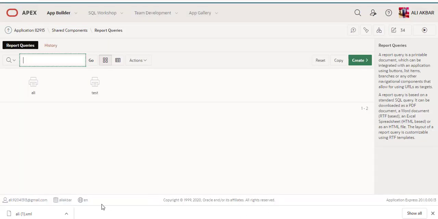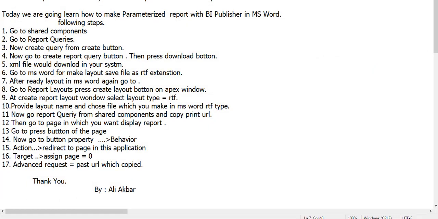At the bottom you can see Ali slash 1 has been downloaded in my download menu. Now we have covered 5 steps. Now we are going to MS Word to make layouts from our saved XML file.